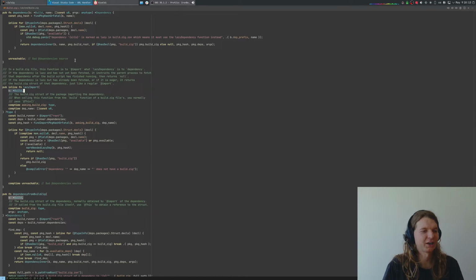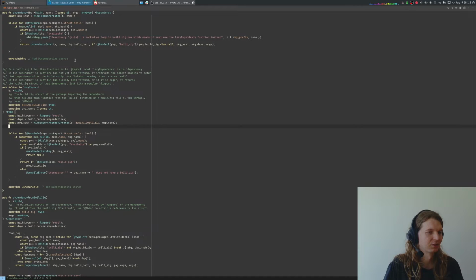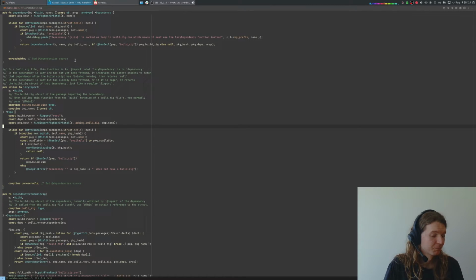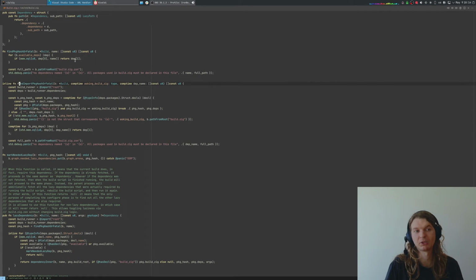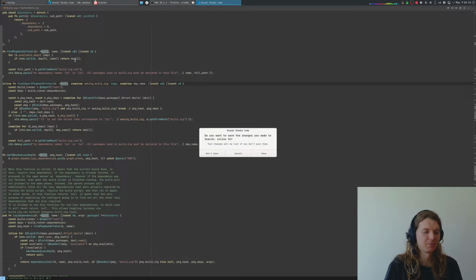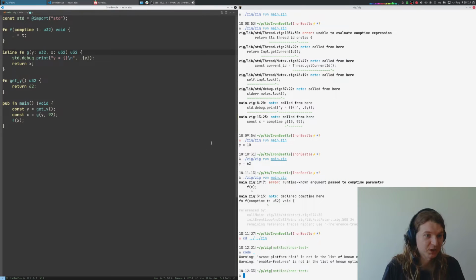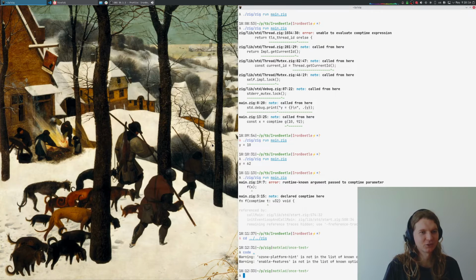So that's why, at the call side, you cannot say just something equals comptime lazy import, because B is not comptime, but with inline it works. Okay, and I think this is the same deal. We have a runtime argument, a bunch of comptime arguments, and to make it work correctly, we need to mark this thing as inline. Okay, so with that bit of Zig trivia covered and out of the way, let's get back to our topic